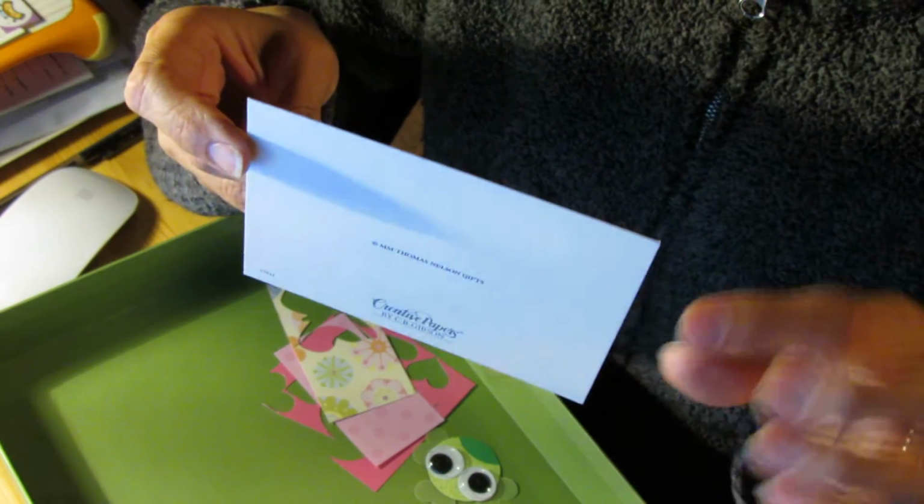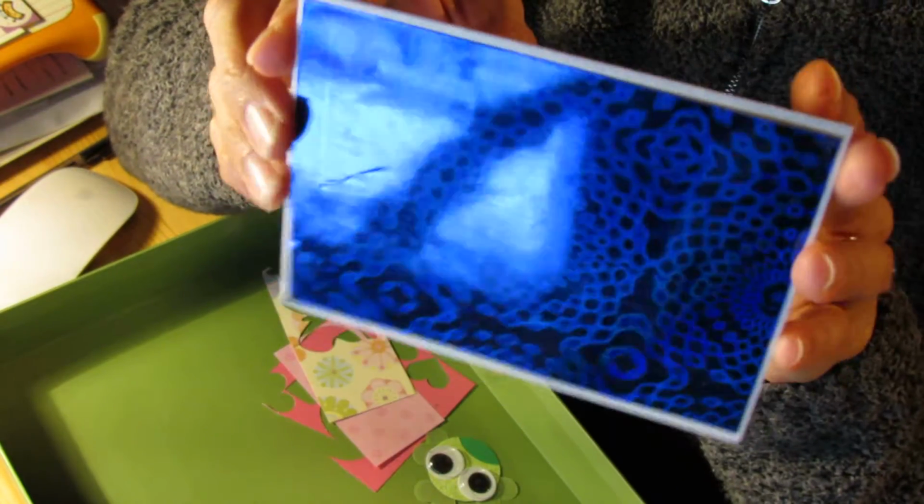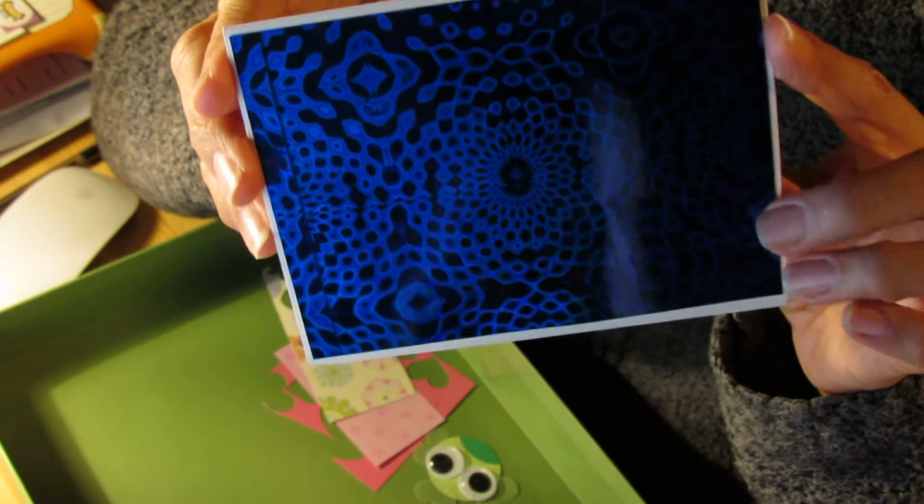All right, so I took a card. It was a plain cardstock. This is the back side of it, but it was a cream color, and it had a fleur-de-lis embossed on the front, but I covered it with blue. I happen to have this really pretty shiny blue from another project that I worked on a couple of years ago, and I use this for the